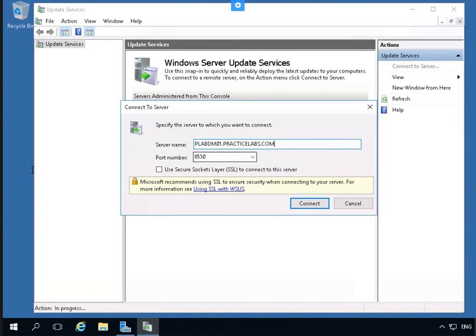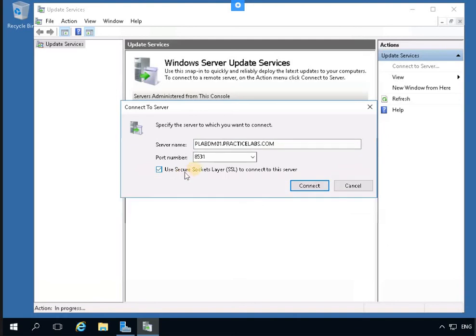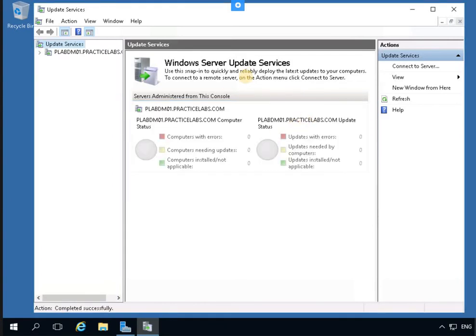Okay, now so use the socket layer. Okay, so the port number is as a default. Okay, just proceed, connect. So now there is no error message. Okay, now